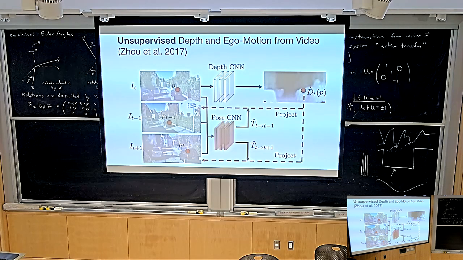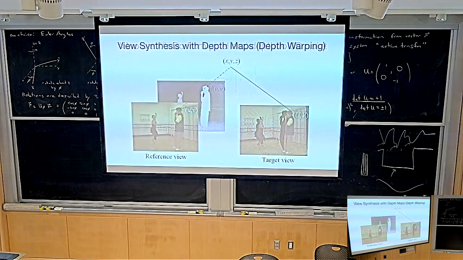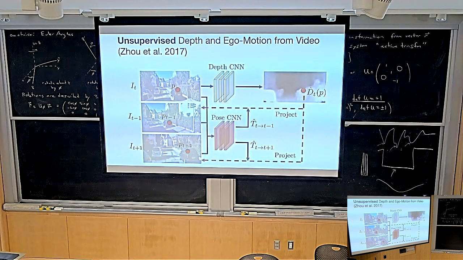We take 3 frames of the video. This is the frame at time t. This is the previous frame. This is the frame that comes afterwards. And now we're going to say we have the depth for that frame. Please render this view, given this pose and this depth map, produce an image like what we saw here. Do this for the frame before and the frame afterwards. So basically, take these points, lift them into 3D, and use the pose to ask how would this scene look from this other angle if the pose and the depth were correct. Does that make sense? Yes? Not? Questions? Discussions? Fears? Good, makes sense? Good.